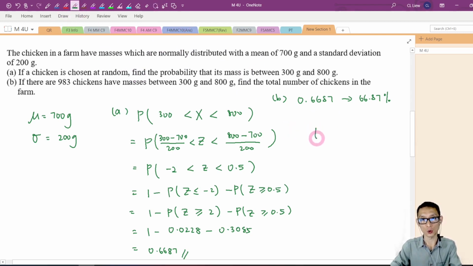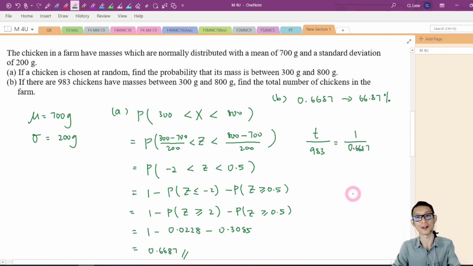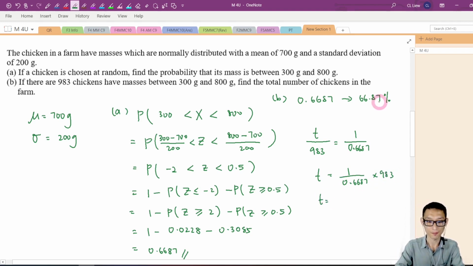I just let T be the total number of chickens, and this is 983. So this is 983, which is 0.6687. Total will be 1. So total will be equal to 1 over 0.6687 times 983. You will get, I just round it off to the nearest integer, 1470. So the total number of chickens